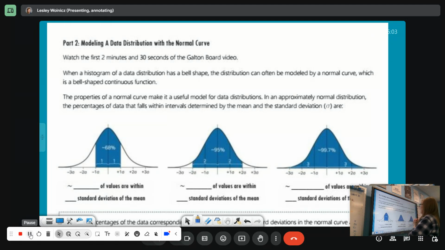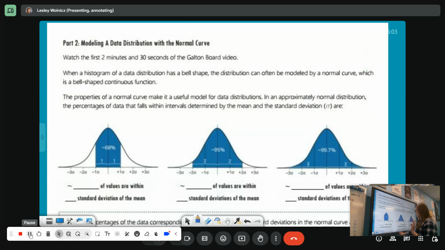Okay, when a histogram of a data distribution has a bell shape, the distribution can often be modeled by a normal curve, which is a bell-shaped continuous function. The properties of a normal curve make it a useful model for data distributions. In an approximately normal distribution, the percentages of data that fall within intervals determined by the mean and standard deviation are, okay,